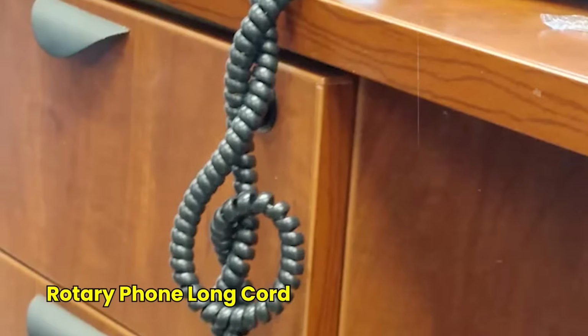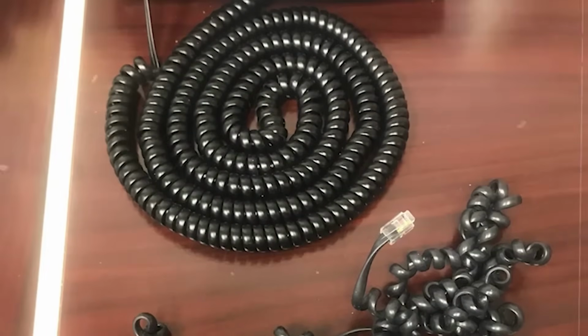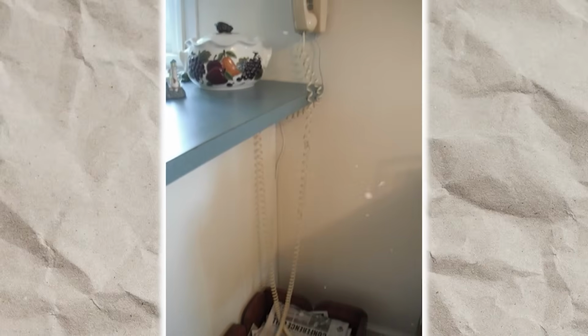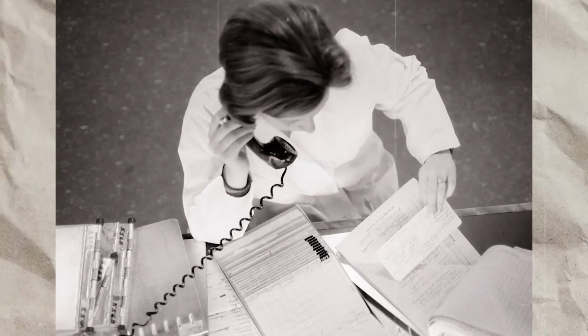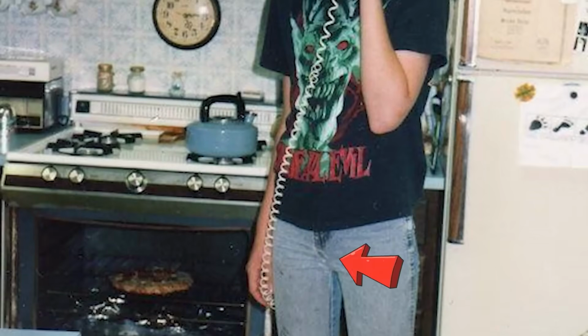Rotary phone long cord. How far would you stretch a phone cord just to have a little moment of privacy? In the 1970s, a private conversation wasn't something you could take for granted. It was a battlefield of strategy, stealth, and the flexibility of your rotary cord. Telephones in those days were bolted to the wall like permanent fixtures, often positioned right in the heart of household commotion, usually the kitchen. If you wanted a conversation that wasn't broadcast to the whole family, you had to get